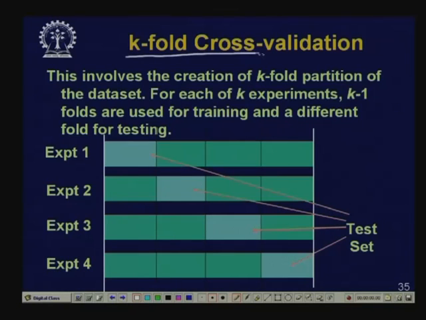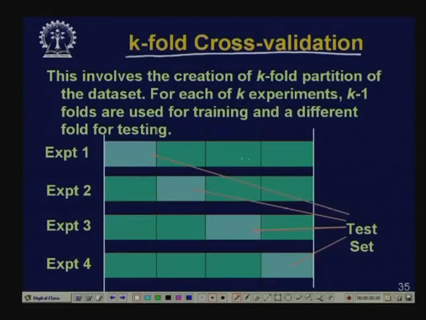K-fold cross validation is useful when you do not have a large amount of training data. So, what you do is you partition the available data into k classes. For example, this is a case of 4-fold cross validation. We have divided the data into 4 classes, and then we run 4 experiments. In experiment 1, we keep aside the first class for testing and the remaining 3 we use for training. In the second experiment, we keep the second class aside for testing, use the remaining 3 for training, and so